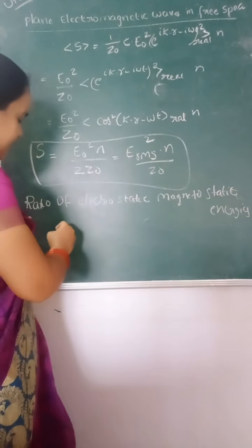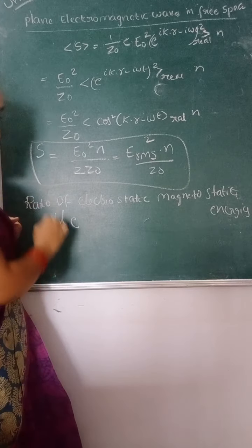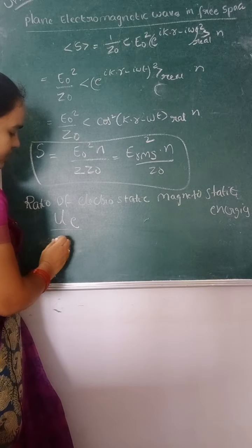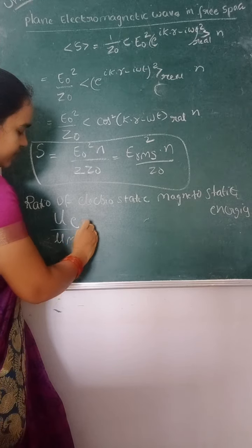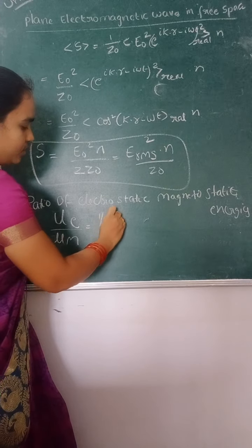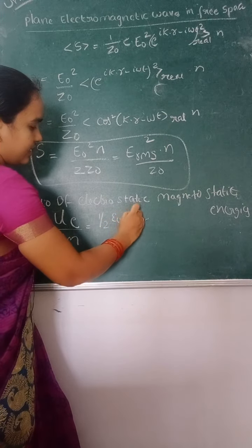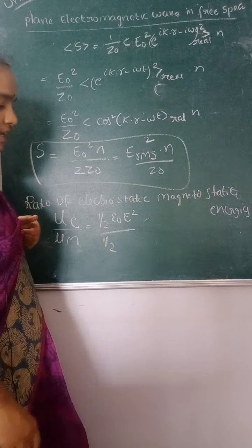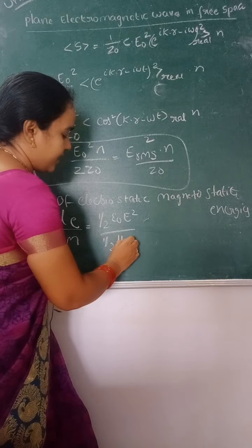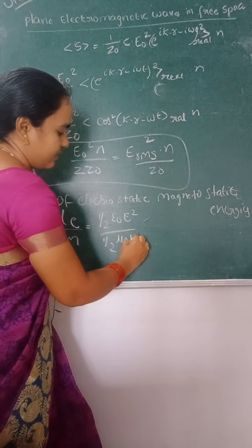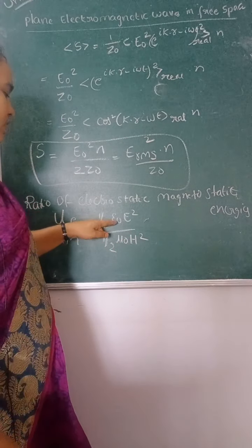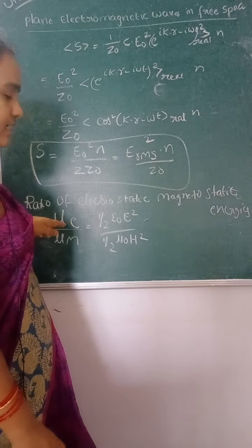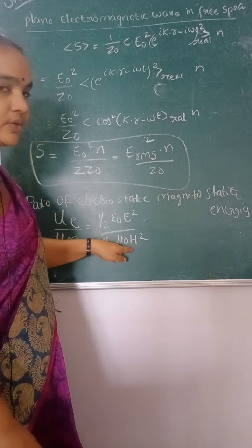The electrostatic energy is UE and the magnetostatic energy is UM. So UE is 1 by 2 epsilon naught E square, and the magnetostatic energy, a predefined value, is 1 by 2 mu naught H square. 1 by 2 epsilon naught E square is the electrostatic energy, 1 by 2 mu naught into H square is the